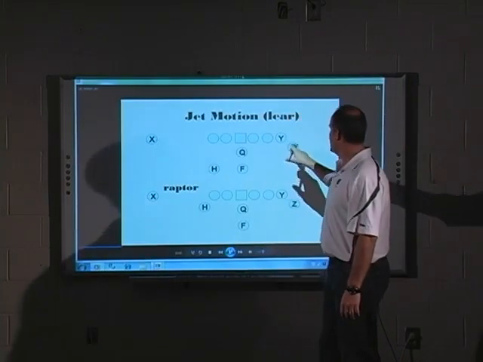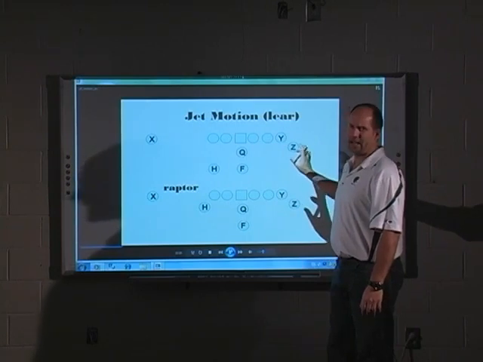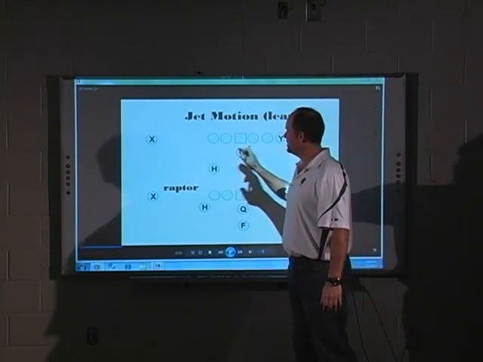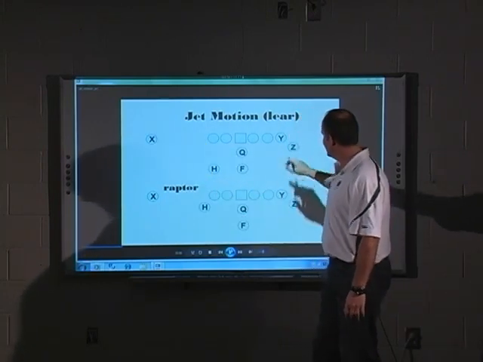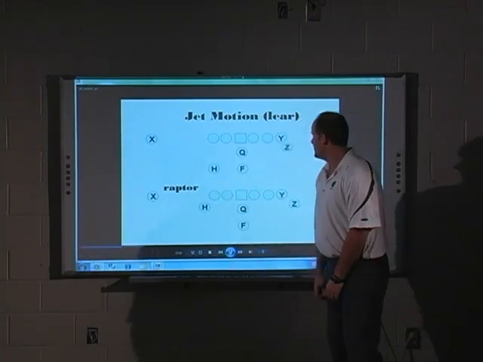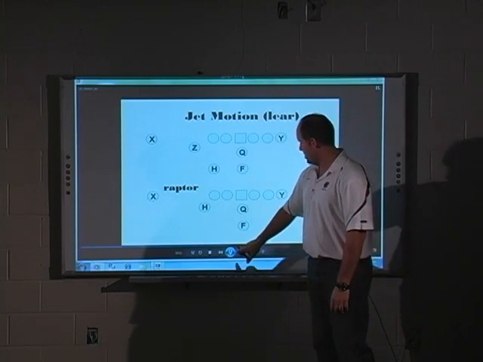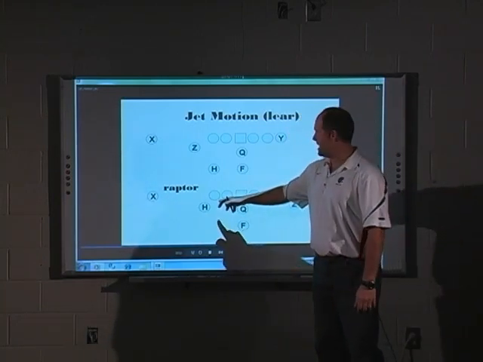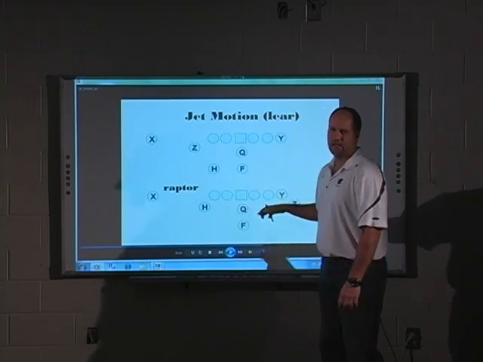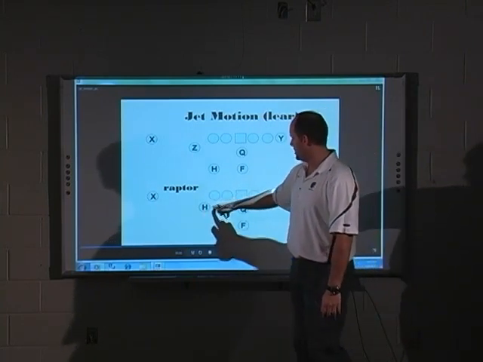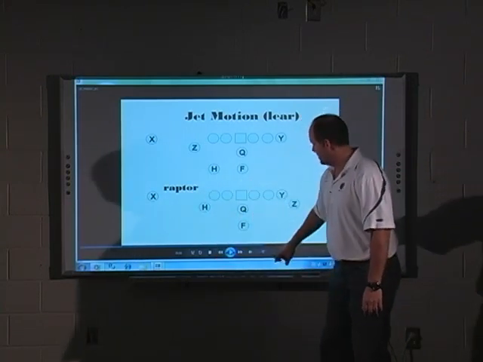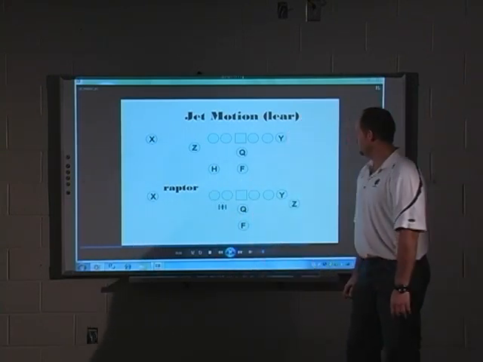All right, in this top illustration, we really only have one person who can utilize jet motion. It's a motion that goes full speed across the formation, and that happens to be our Z-back. You're going to see him motion across. Again, that is Lear motion for us. Down at the bottom, we have two guys, but it only makes sense that the H can Raptor across because he's the only one that can go in jet motion right across the formation.